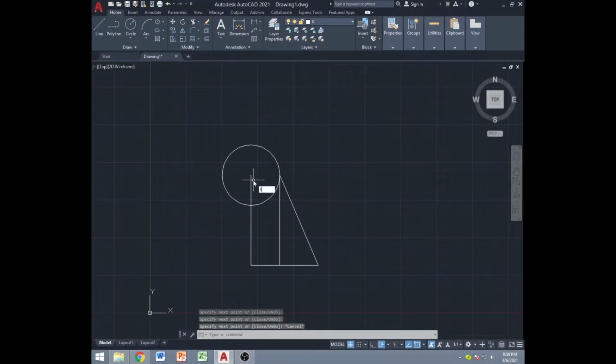Next we put another line from the center, measuring to the midpoint of the first line, then outwards at a 45-degree angle. Then we close the line to the midpoint, then escape. Next is we add the last line from the endpoint here to the tangent on the circle. Escape. Now we're done with our first